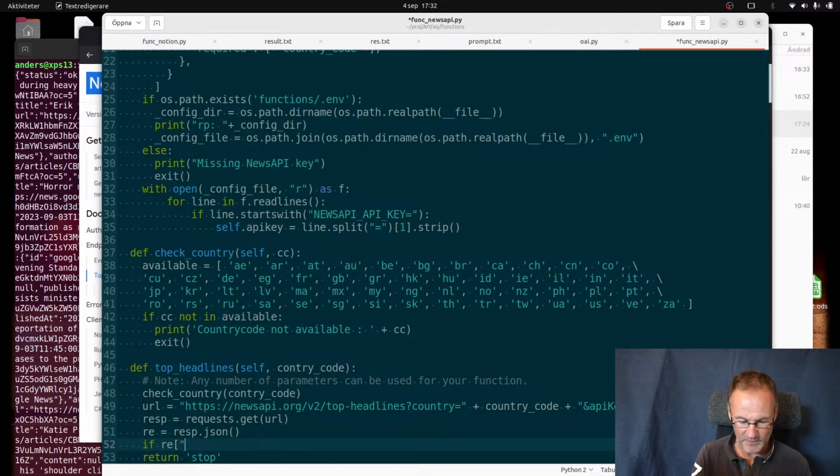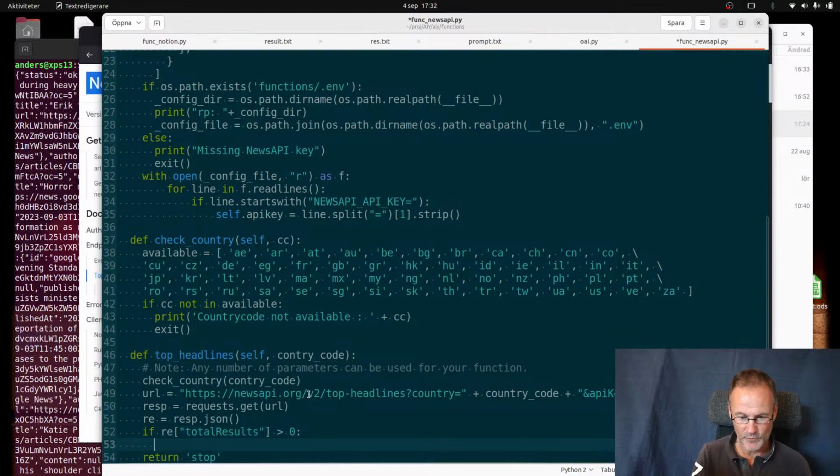I will look at this total results, which gives the total amount, because I will only do one, and as long as total results is bigger than 0, we should be fine. So, if we have results,